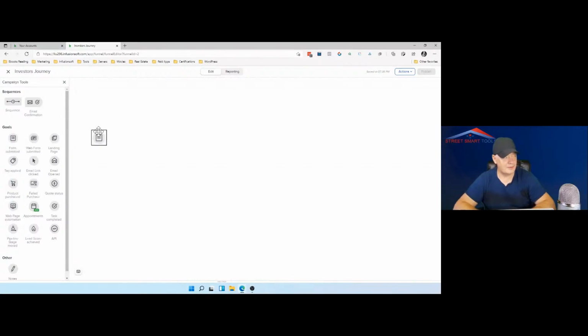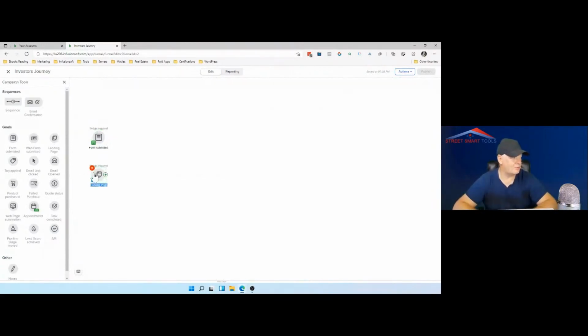Form was submitted, right? So here you have tools where you can have a sequence. Within the sequence, you can send emails, and then you should have an email confirmation, and there are multiple goals which you can achieve, right? So goal for form submitted, web form submitted. If you have a WordPress website or other websites, landing pages, you can create full-blown landing pages here.